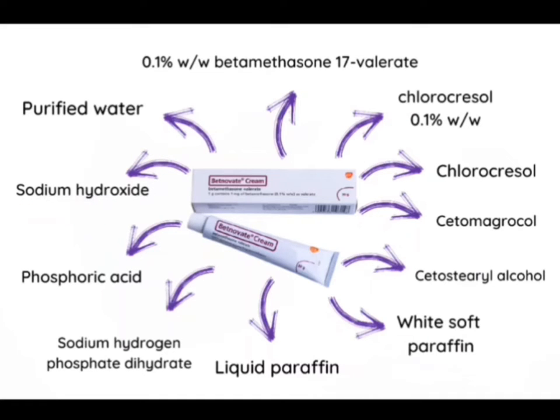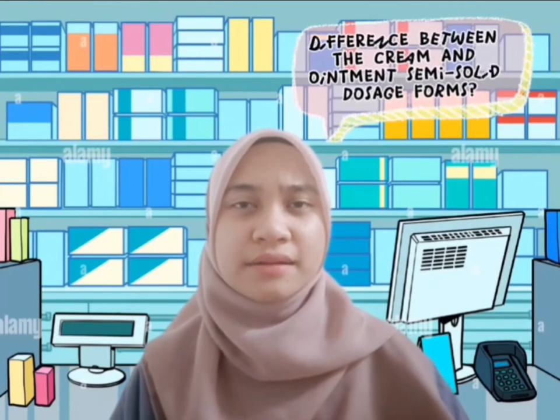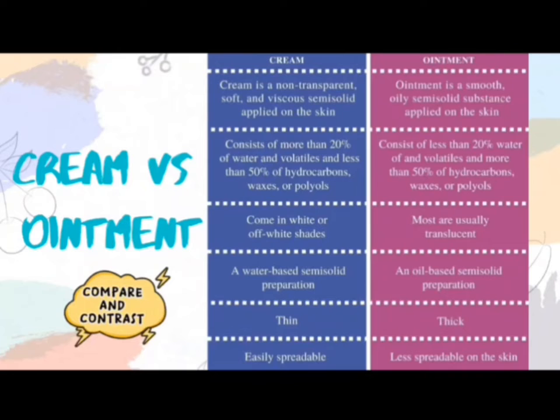and purified water. Next, what is the difference between creams and ointments as semi-solid dosage forms? Let's look into it. A cream is a semi-solid that is non-transparent, soft, and viscous which we use for external application. Creams are usually consistently spreadable. They are typically made up of more than 20% of water and volatiles and less than 50% of hydrocarbons, waxes,